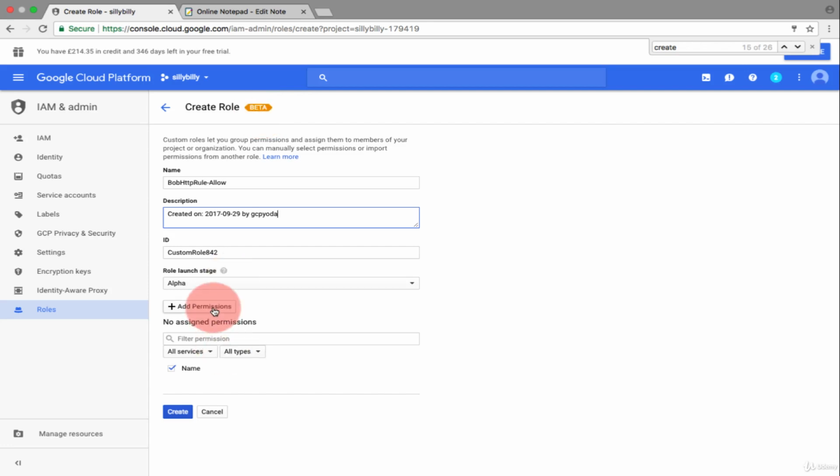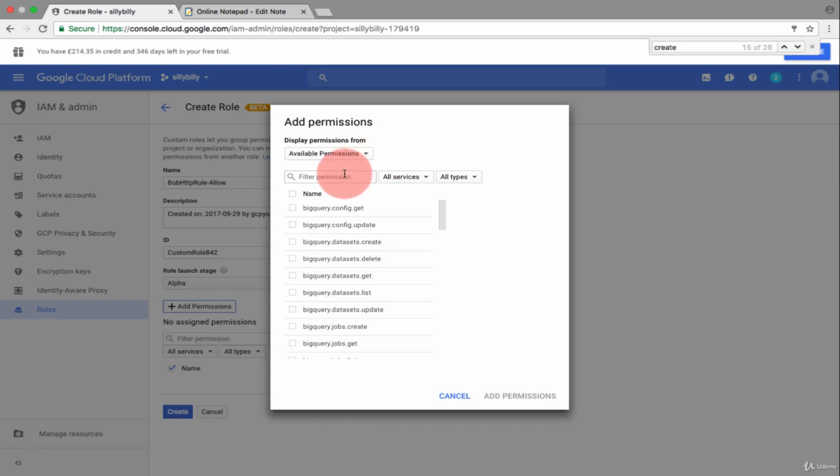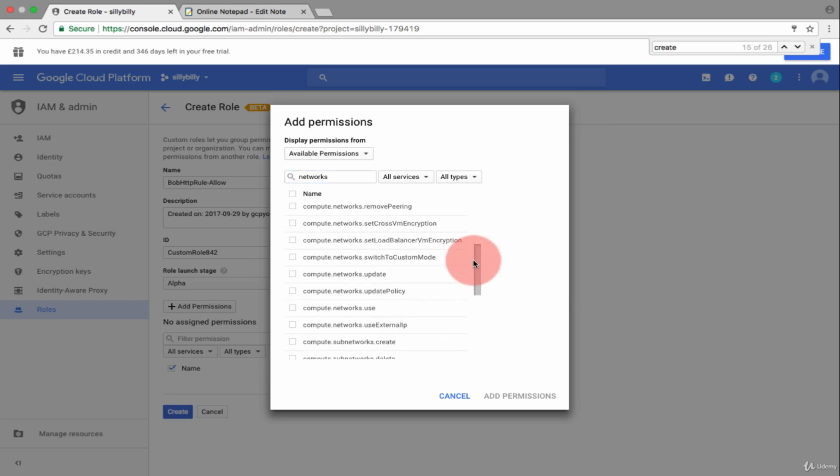Okay, let's just click add permissions, and then let's say networks. And in here I know I need compute.networks.update and update policy, because whenever you create a VM from Bob's screen, in the notification bar here, we did see that it was actually asking for, hey, I don't have permission for compute.networks.updatePolicy. So if you give this particular permission and then add permission and then you add Bob to this role, then